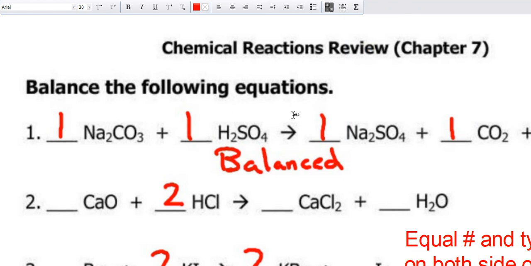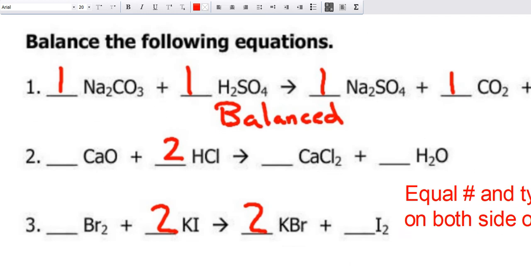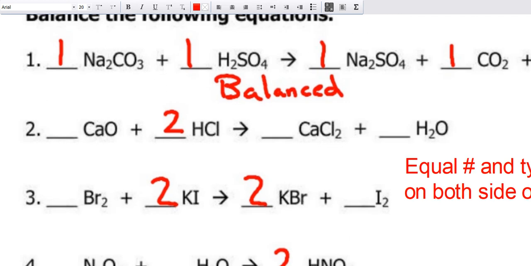Hello, hello, hello. So we're going to be going over the chemical reactions review sheet. You hopefully have your purple packet open and you are ready to review balancing reactions. So what are we trying to achieve when we balance reactions? We're trying to show that we have an equal number and type of each atom on both sides of the